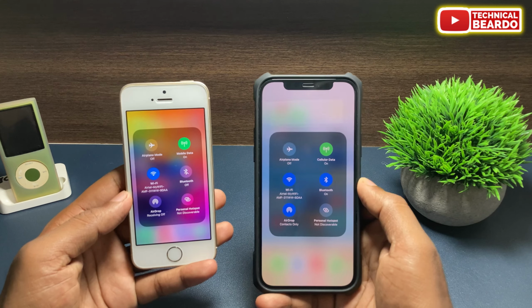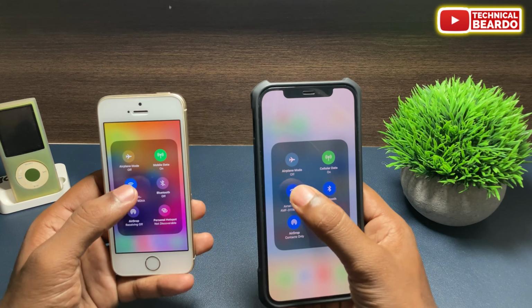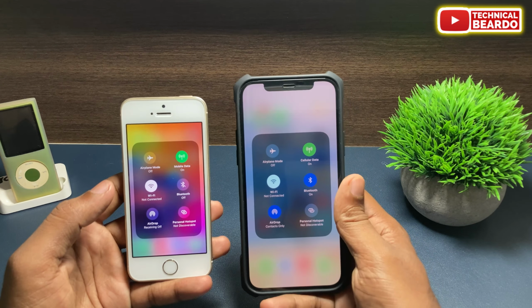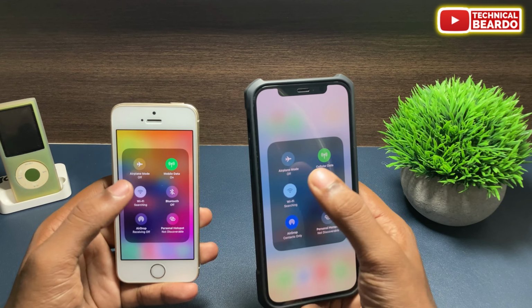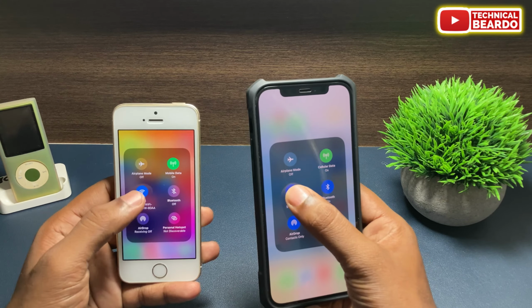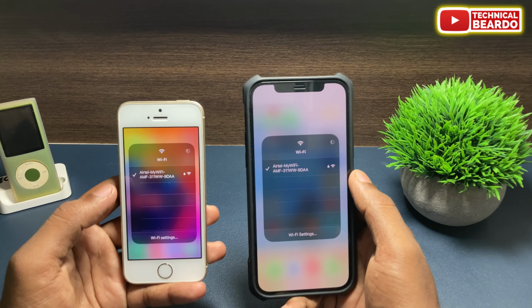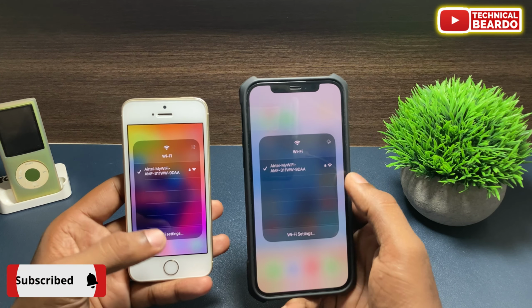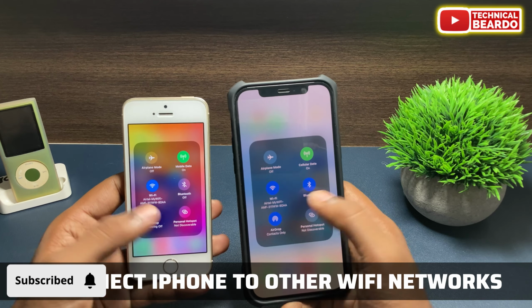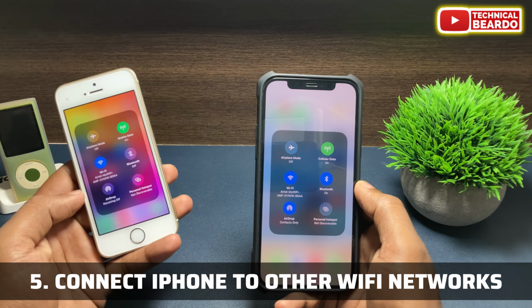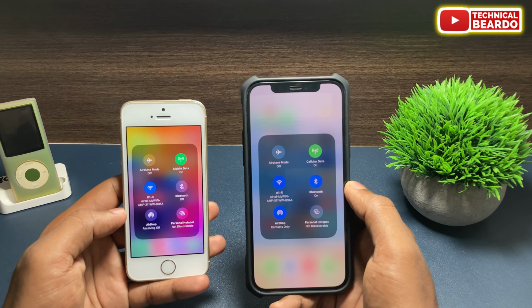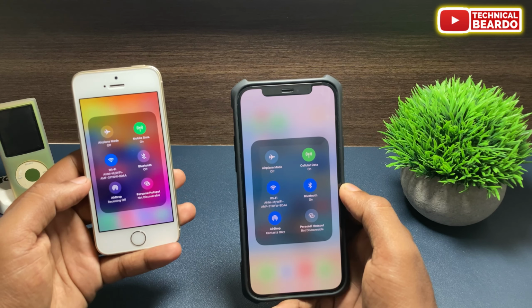Or if the other device is not available, you can try connecting to another Wi-Fi network nearby.